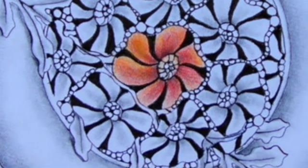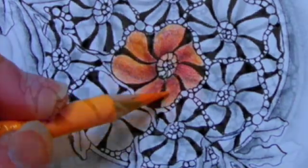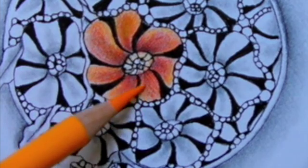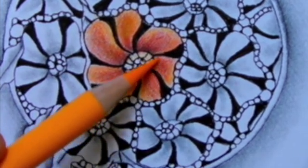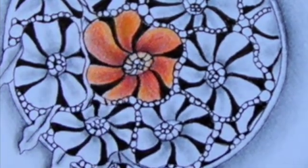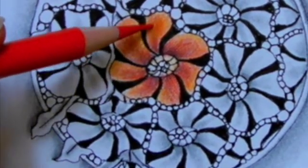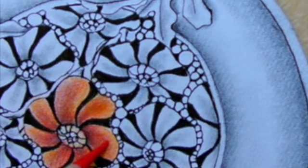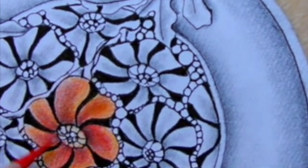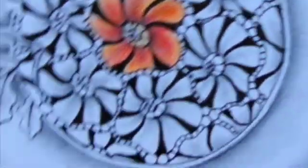But my favorite way to burnish, first I'm going to put equal amounts of light back on here. I often switch out back and forth between all the colors I'm using until I get just the right amount of the colors that I want. For example, here I think it could use a little bit more of the darkest red. Being careful not to press too hard and get that sheen going. But now watch what's going to happen. I'm going to use my